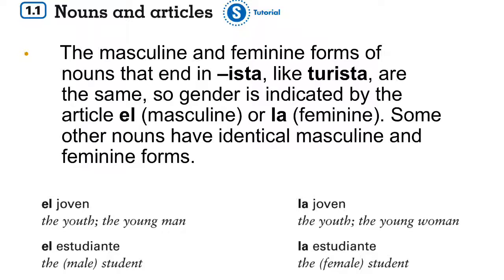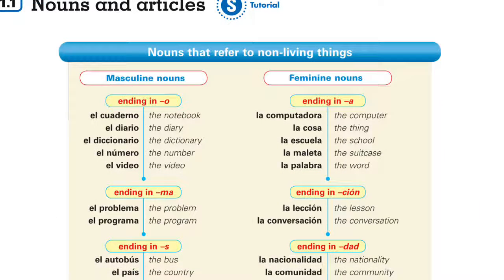Let's look at some more articles that refer to non-living things. Okay, so things that we look at now, for example, a book. We see a book, libro. It is not living, right? It doesn't have any life to it. So in Spanish, we have a lot of nouns, sustantivos, that are non-living. However, they have a gender, meaning they are feminine or masculine.